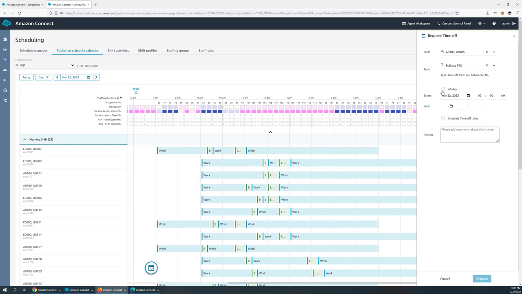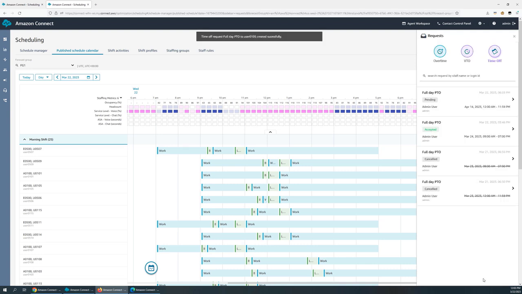I'm going to go ahead and do a full day. So I can just check the all day here. And what they want off is the 14th of April because it's their birthday. So I want to go ahead and put that in. Again, you have the option to override time off rules where we set those automatic approvals as far as allowances for different schedules. I want it to validate against the rules. So I'm going to put the request in, and you can see all of the different requests that I have here. The one I just put in here,